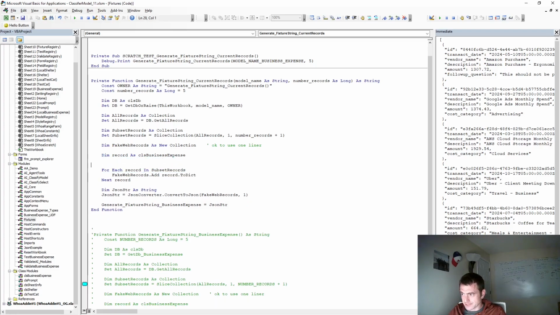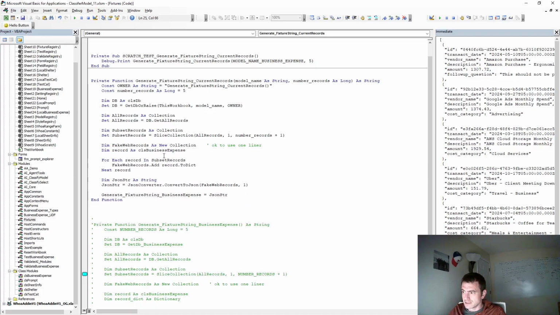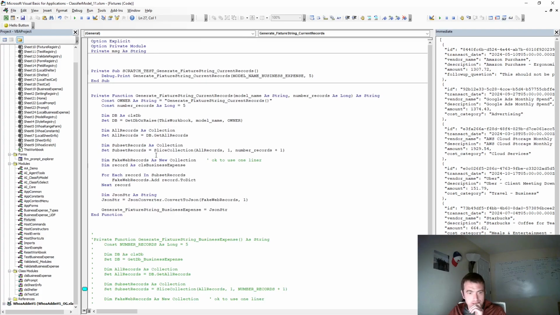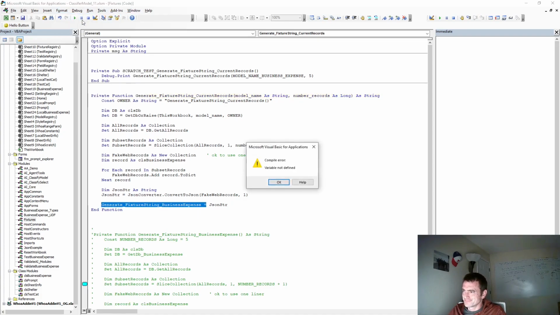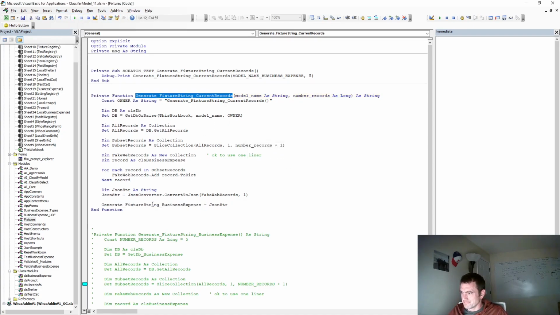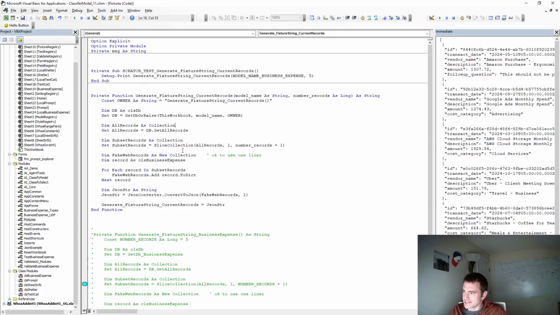Tetris. Good. I didn't even remember to get rid of the variable in my other one. Get DB records by model. Okay, so there's one more Tetris move we can do. This is perfectly fine. This will work. Let's make sure. Okay, maybe it wouldn't work. But let's see, here we go. Cool, so that's right. There's one more thing we can do, and maybe this is pushing it far, but